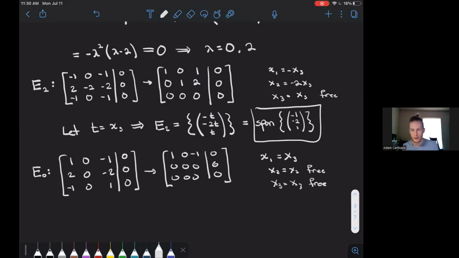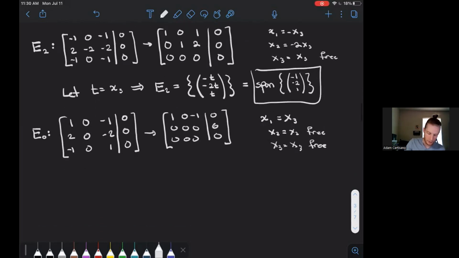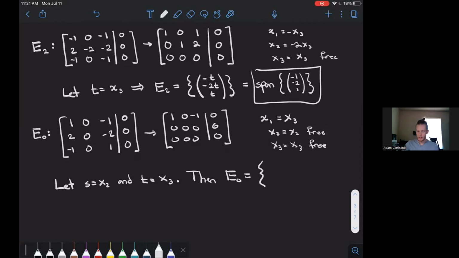So in other words, the null space here is 2-dimensional. How do we parameterize it? We would just let s equal x2 and t equal x3. Then E0 is the set of vectors of the form